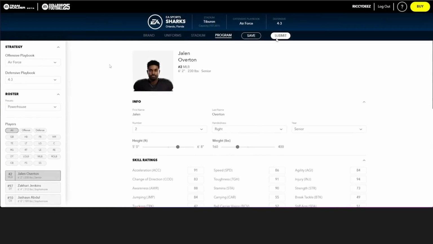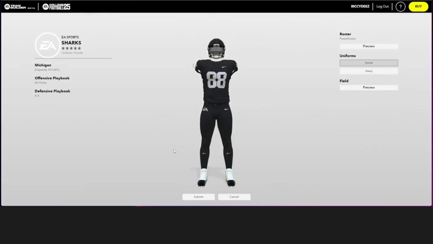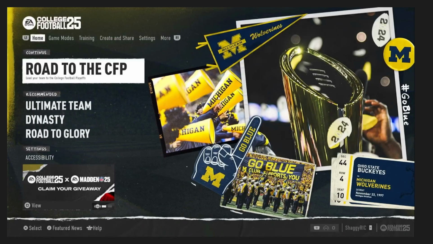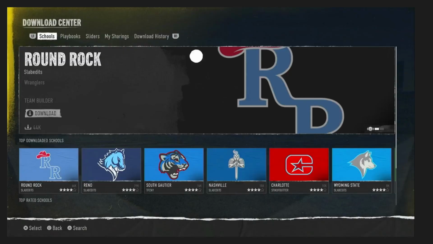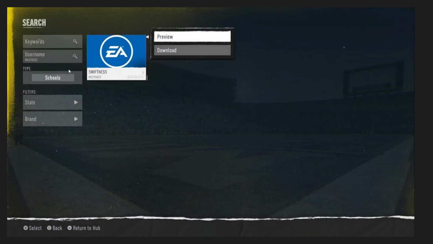Once you've got everything just the way you like it, save and now go to the Create and Share tab. Head to the Download Center and download your team to your local storage. And that is it. Your team is ready to go. You can now use your custom squad offline in play now mode or take them into Dynasty mode and build your